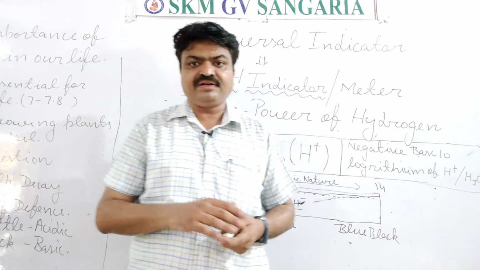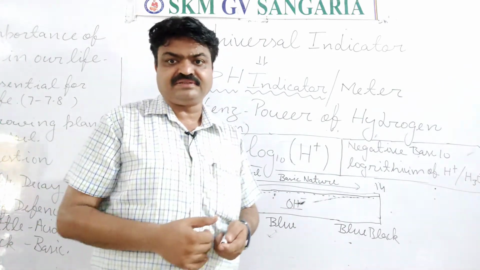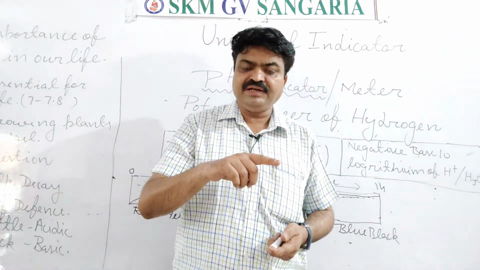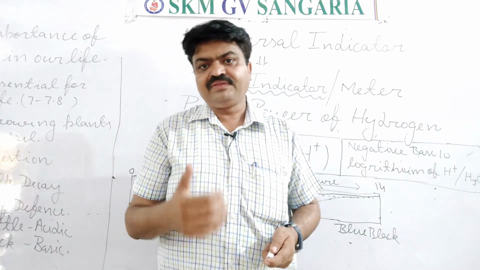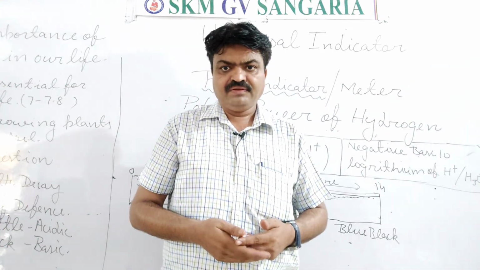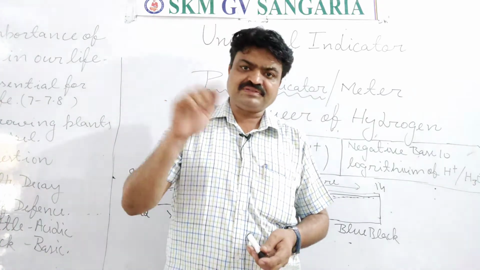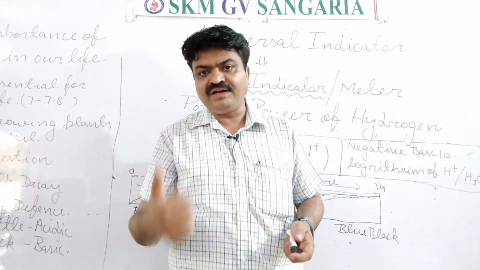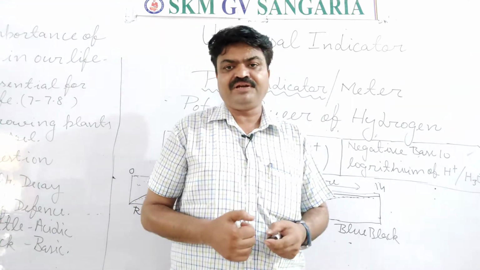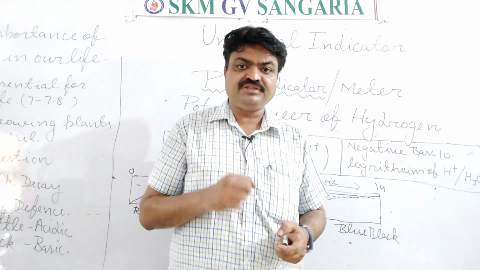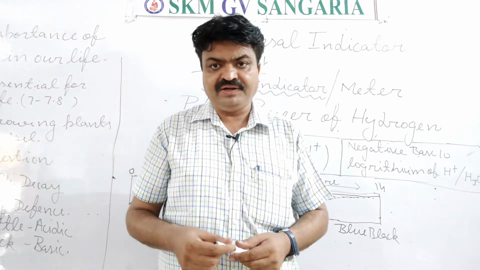Bile juice and the pancreatic juice are released, and that bile juice is basic in nature, by which that acidic food is neutralized and we can easily digest the different food items. So the pH plays a very important role in digestion. In the stomach it is acidic, but in the small intestine, it is basic, student. A basic medium is provided by which the food is neutralized to digest the different food items.